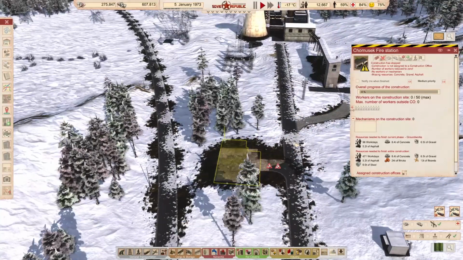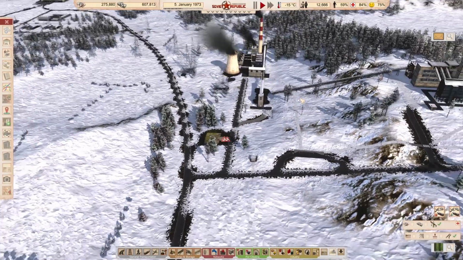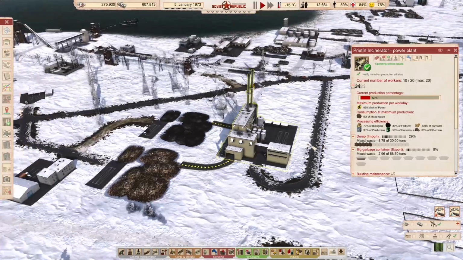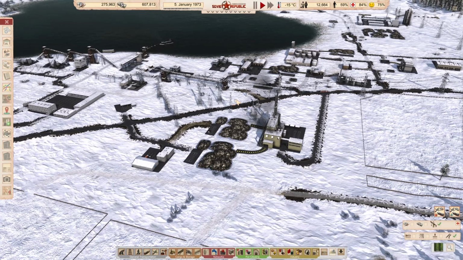No, this needs to be finished as soon as possible. That's an important one, just in case we have any problems with fires or something. You can see here how this power plant stopped production. Okay, that's enough. I'm gonna talk a little bit about the comment section first, just because